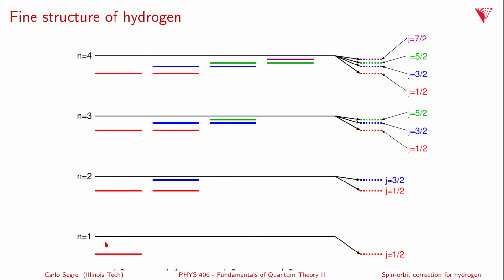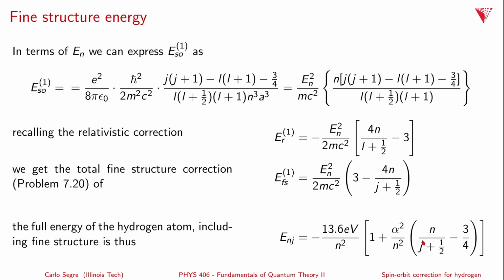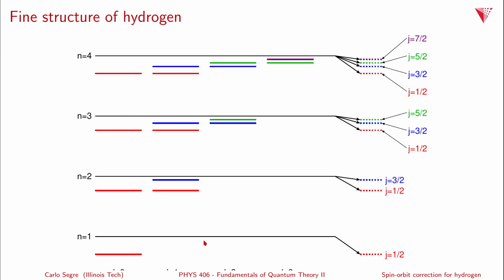We'll start with the n equals 1 state. N equals 1 has L equals 0 and S equals 1/2, and so J is equal to 1/2. And remember, the energy depends on J and n. So this energy gets lowered by this term here,